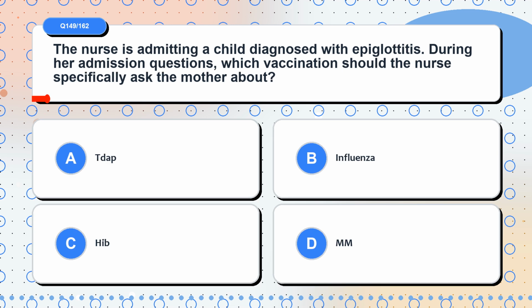Question 149. The nurse is admitting a child diagnosed with epiglottitis. During her admission questions, which vaccination should the nurse specifically ask the mother about? Here are the options. Option A, Tdap. Option B, influenza. Option C, Hib. Option D,